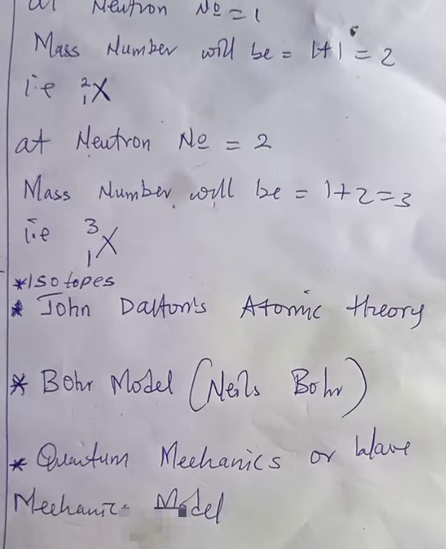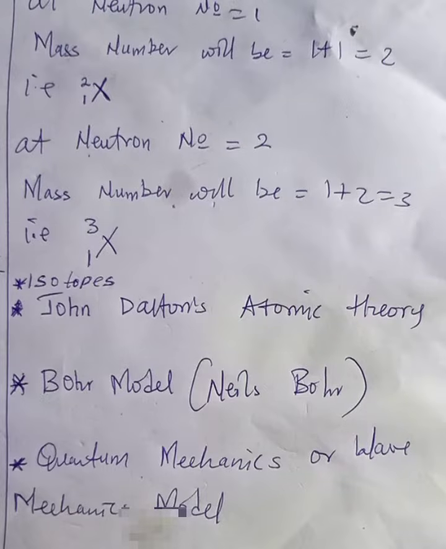Now, why are they having different mass numbers? If you look at the element S we just looked at, you discover that the proton number was always 1. Then the neutron number was changing. The first one was 0, the other one was 1, the next one was 2. So you discover that it is in the difference of their numbers of neutrons. It is the neutron number that actually gave us the difference in the mass number. So when the neutron number is not the same, the mass number will actually be altered,